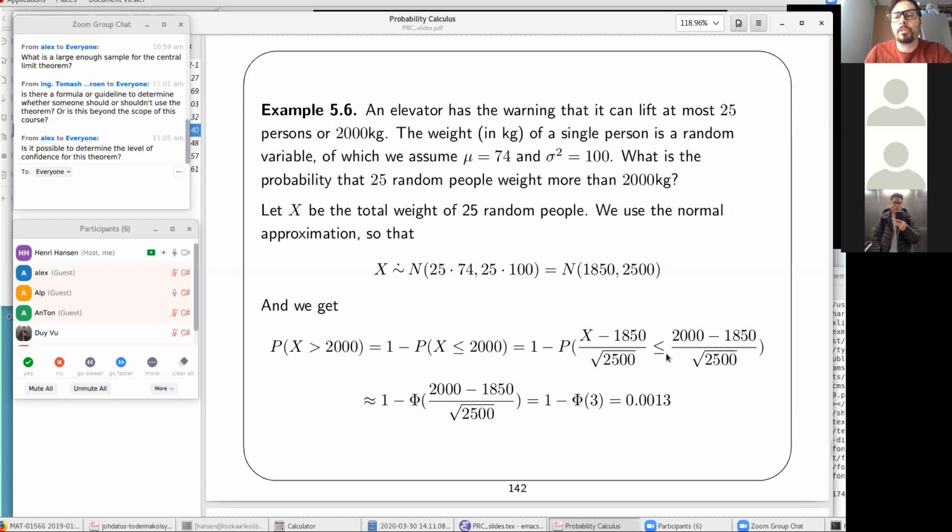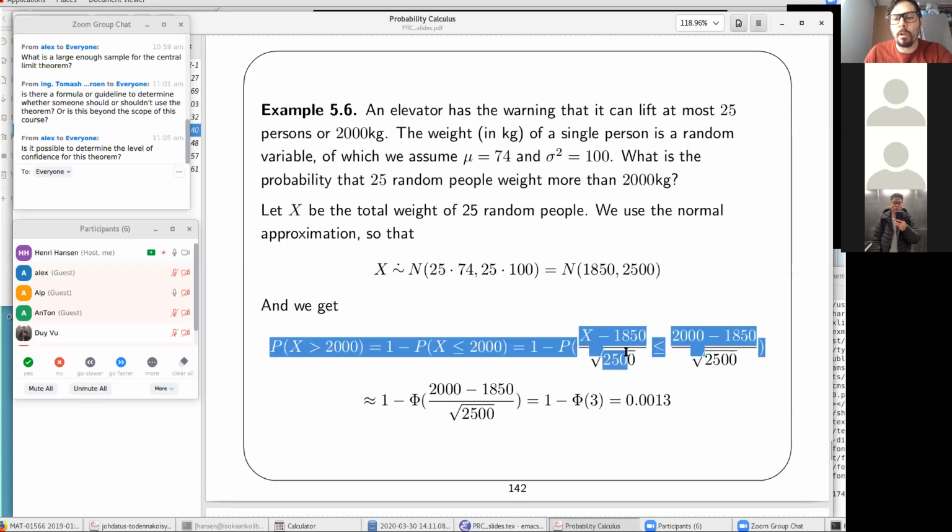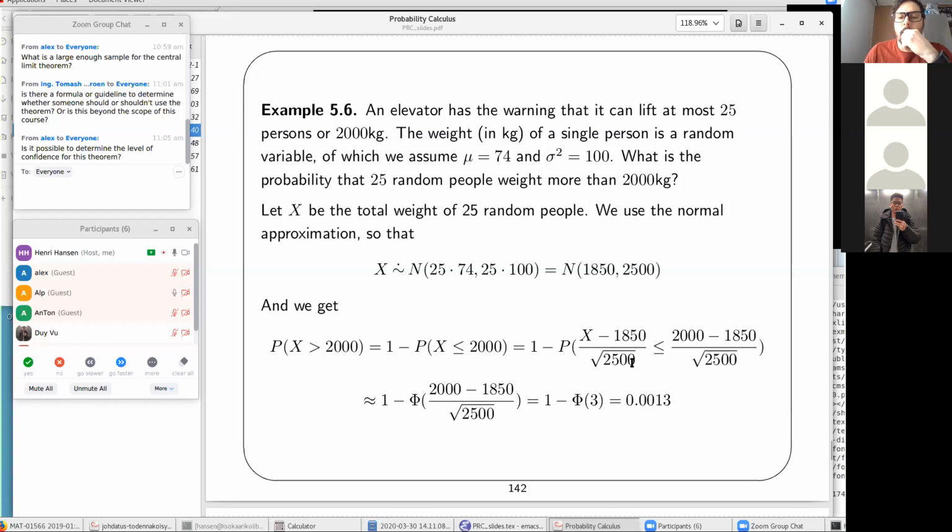So in fact, what we're doing here is the normalized variable. We subtract the expected value, divide by the square root of the variance. And we have to do the same to the 2,000, so it becomes 150 over the square root of